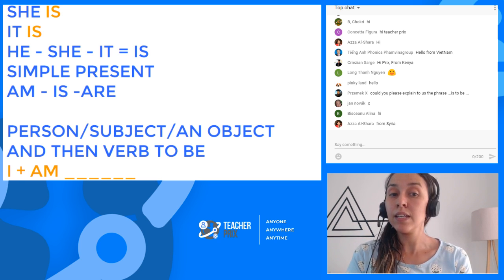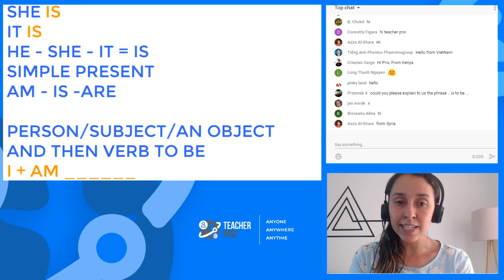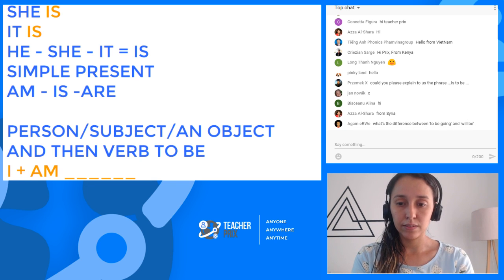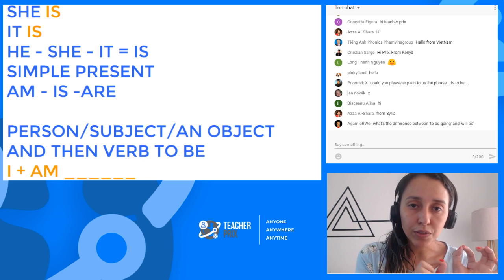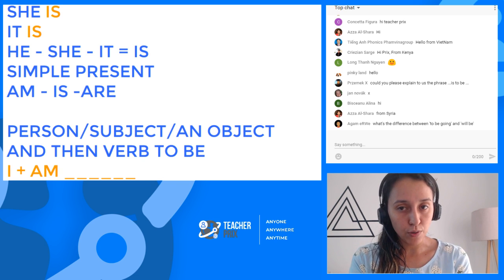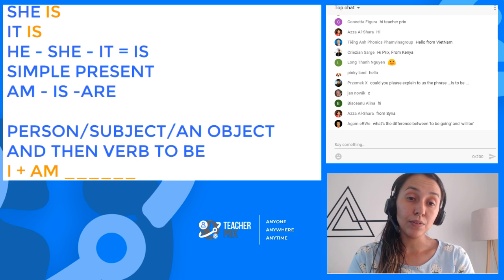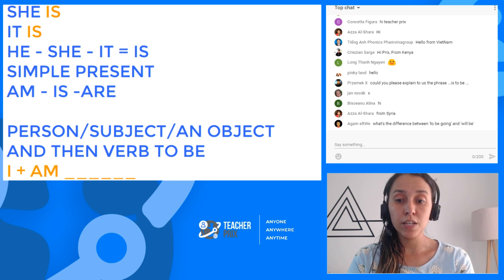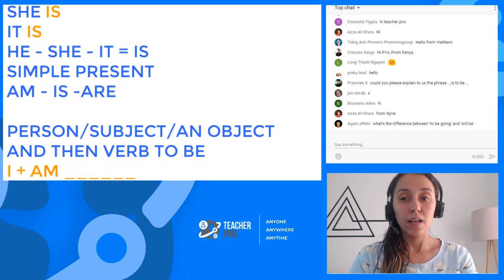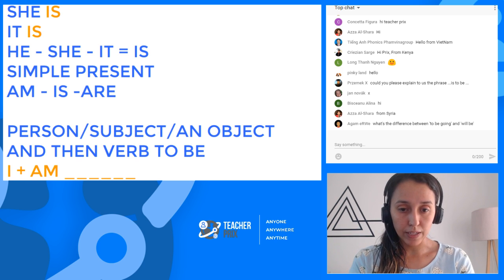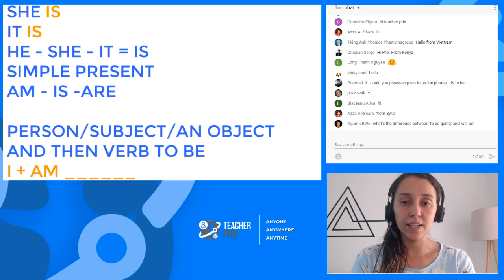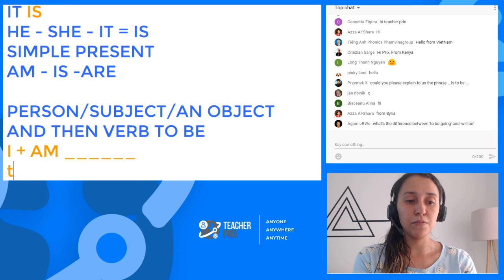So this is the beginning of a phrase. I need I here. Only am is just a verb alone. So you need the pronoun I. Now you have verb to be am, but now you need to finish. You need to finish with something that will complete the idea of your phrase, okay? The same thing here. I want you to complete another phrase.